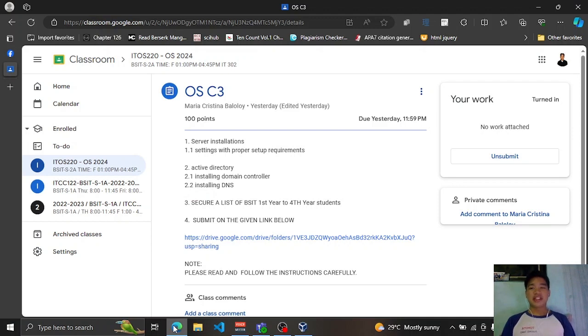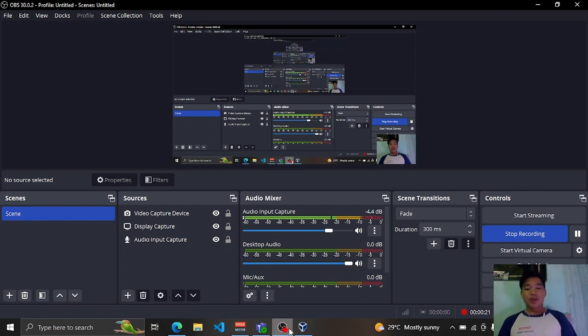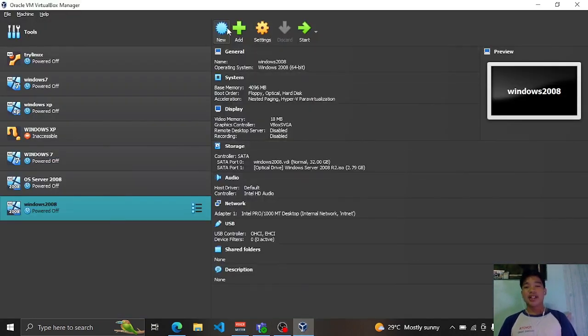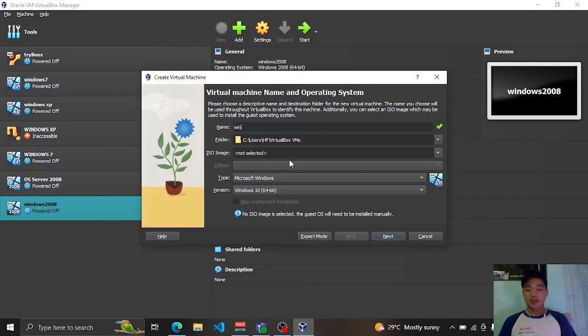So for this activity, number 3, we're going to install a server setting with proper setup requirements and also install the Active Directory, the domain controller, and DNS. So for that, we want to open our VirtualBox and create a new virtual machine,